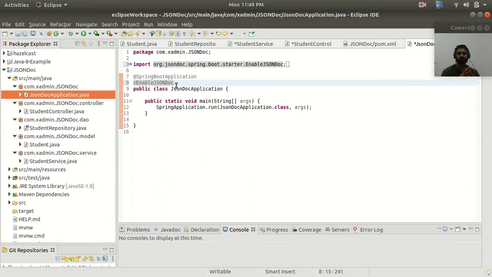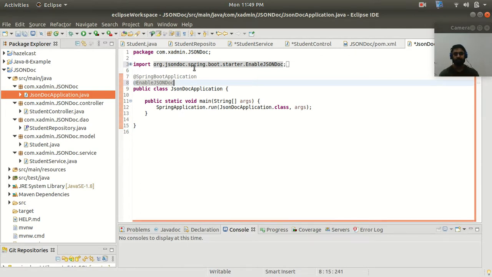So now guys, we need to assign the scan path. It means that we need to assign some properties in my application.properties file, so that it is going to scan the path or the classes for which it is going to create the JSON documentation.